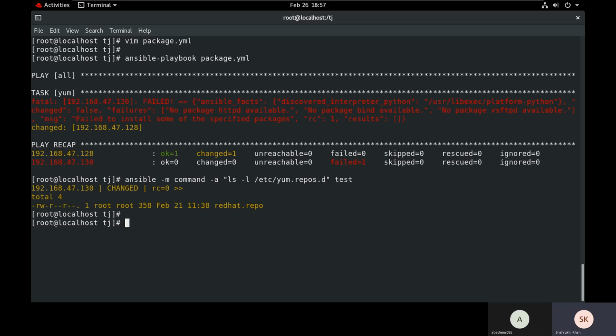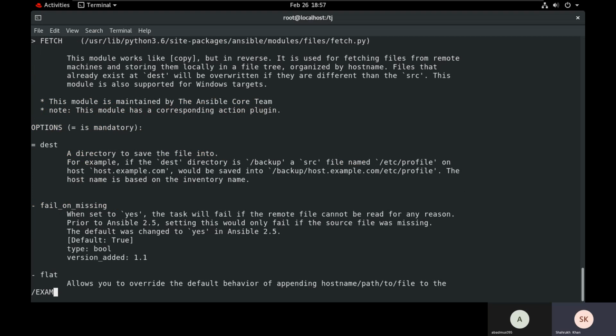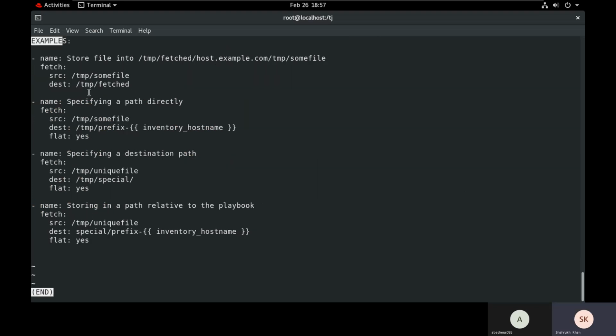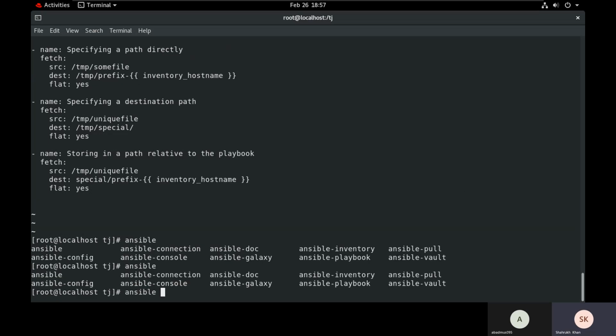So what can we do? Let's use ansible-doc fetch, and look at the examples. So source and destination, nothing extra. Nice. So ansible -m, we want to use the fetch module, and the attributes, first of all, the source is /etc/yum.repos.d,